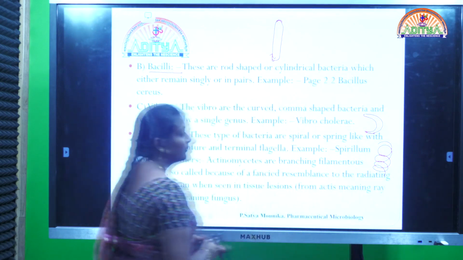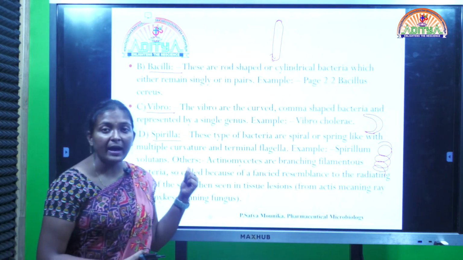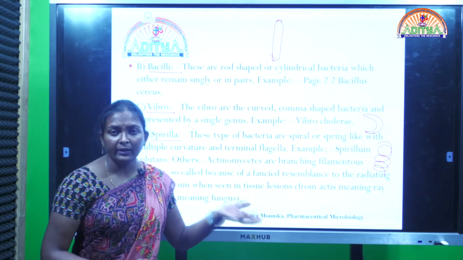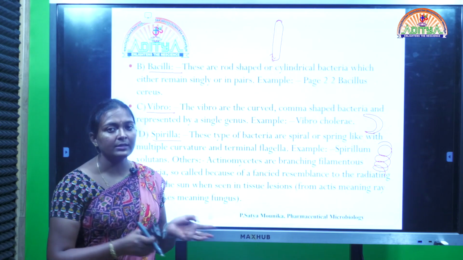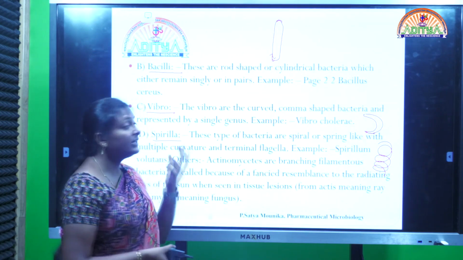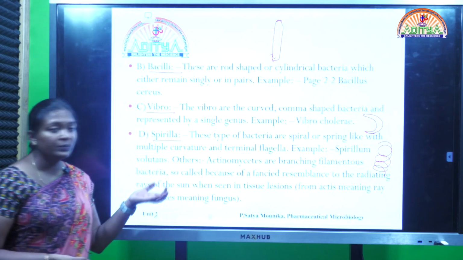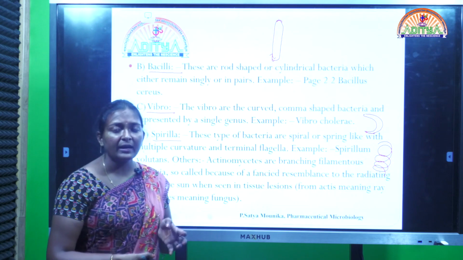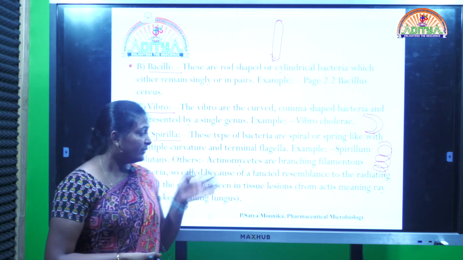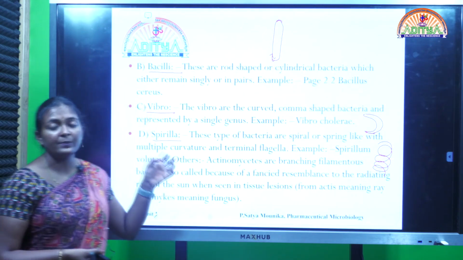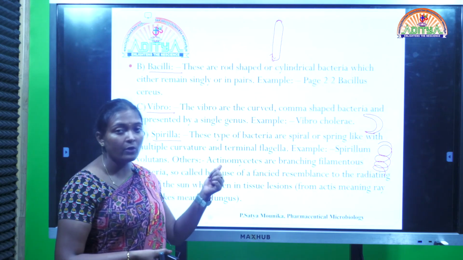cord. So here the shape of the bacteria, in the previous ones, the cocci, we had seen the shape of the bacteria as round or spherical ones. The bacilli, we have observed the shape of the bacteria as rod shaped ones. Now coming to the Vibrio, we had observed that the shape of the bacteria would be comma or curved shape. Now coming to the Spirilla, here we would observe that the bacteria would be in the shape of a